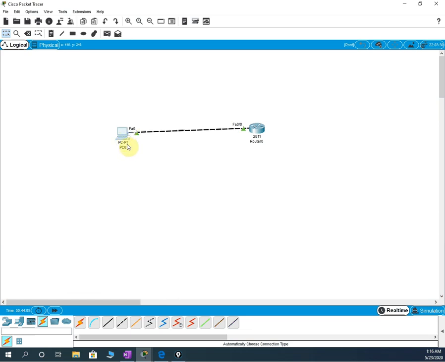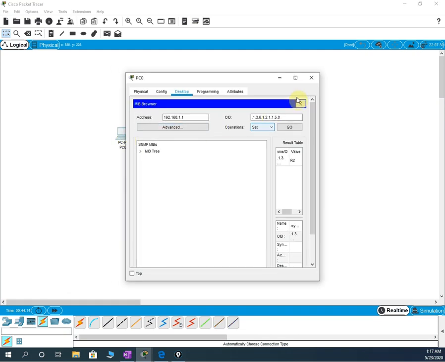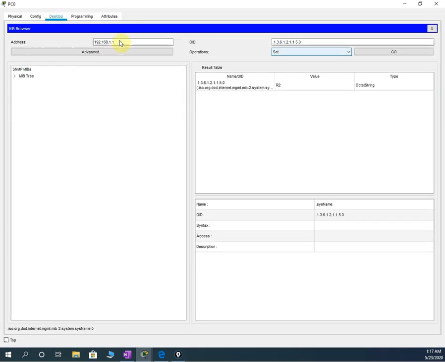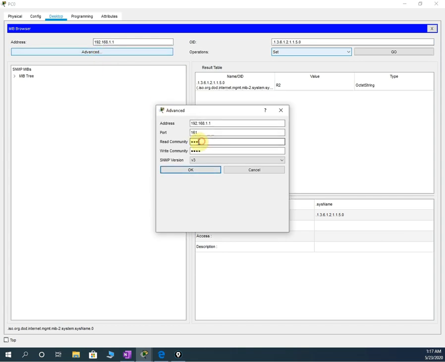After doing the configuration, you go into this application, assign the IP address of the router, press advanced, and write the passwords you assigned for the read community and write community. Select which version you want to use and press OK.